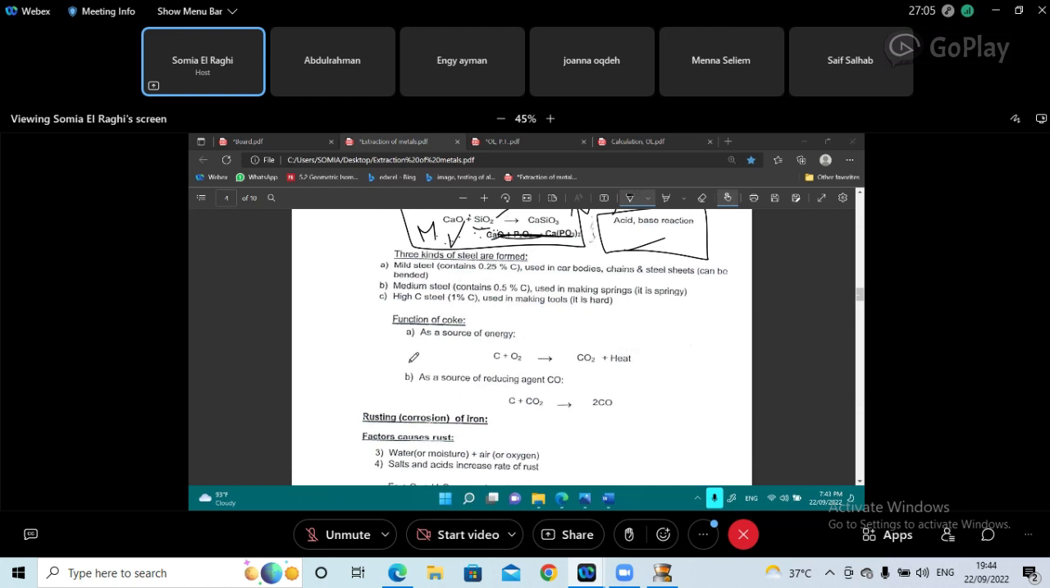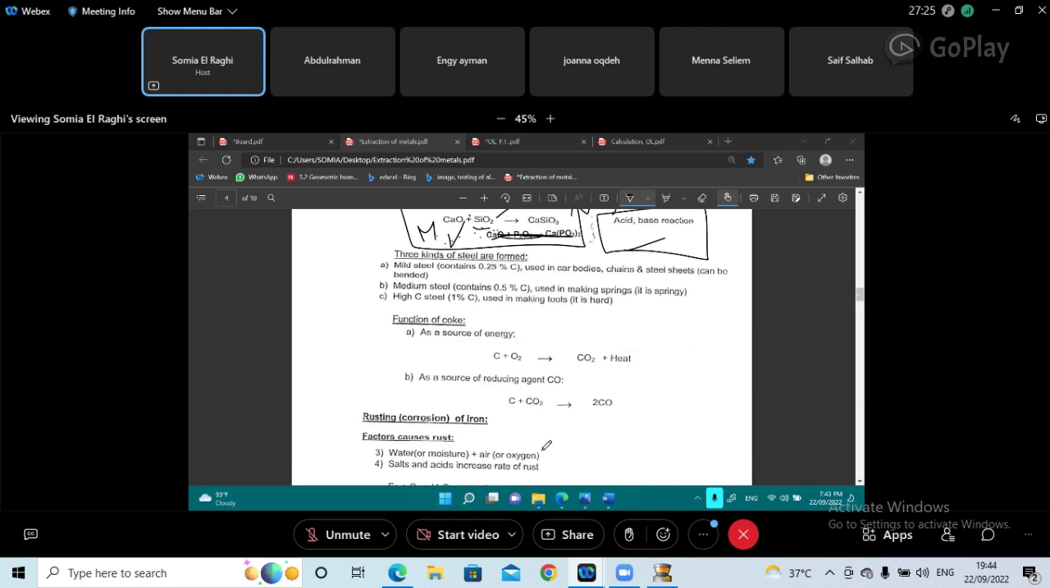Then, last part here, what kind of steel do we have? What is the meaning of steel? Yusuf over here said he got a quiz and they asked him what is the meaning of steel. Steel is not iron. Steel is iron plus